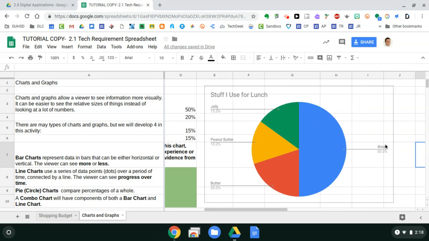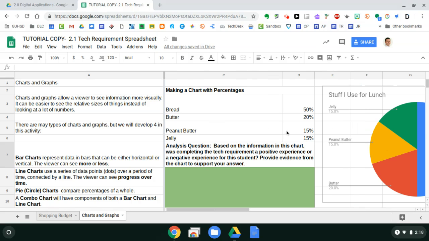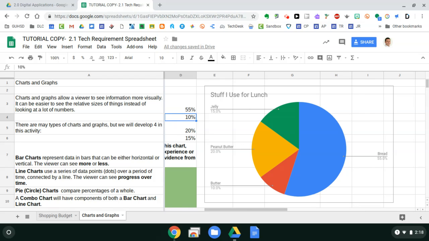And what's also really neat is if my numbers change, so maybe my peanut butter, I want to make it like 20%. And maybe I want to make my butter 10%. You'll see here that these things change. So if you have your numbers and you change your numbers, maybe things change in a physics experiment, you will be able to update your chart and your graph in real time in order to reflect whatever else that you're